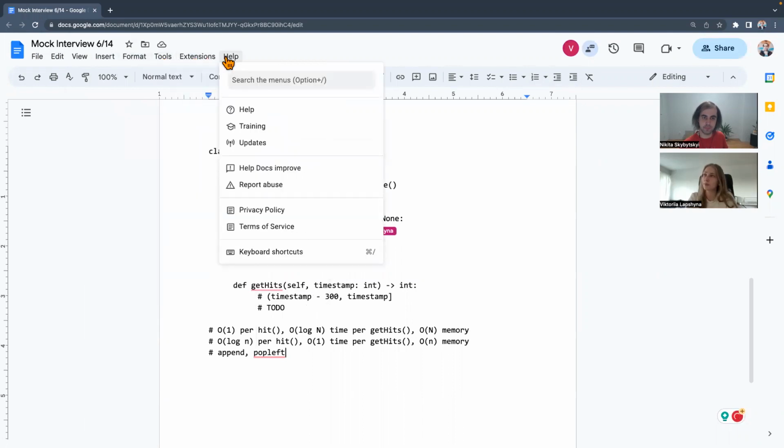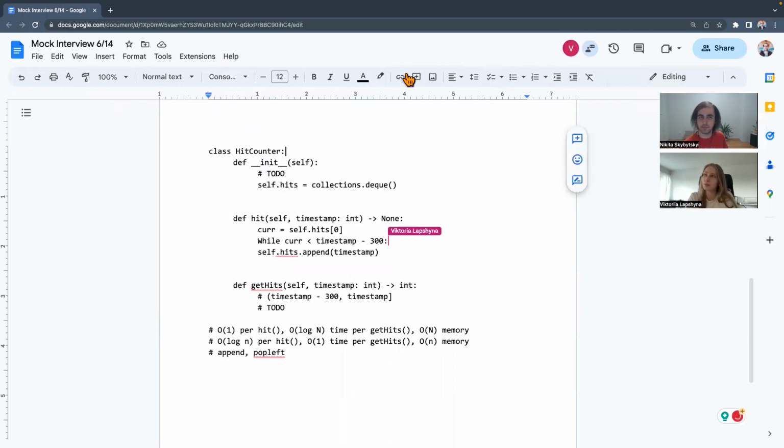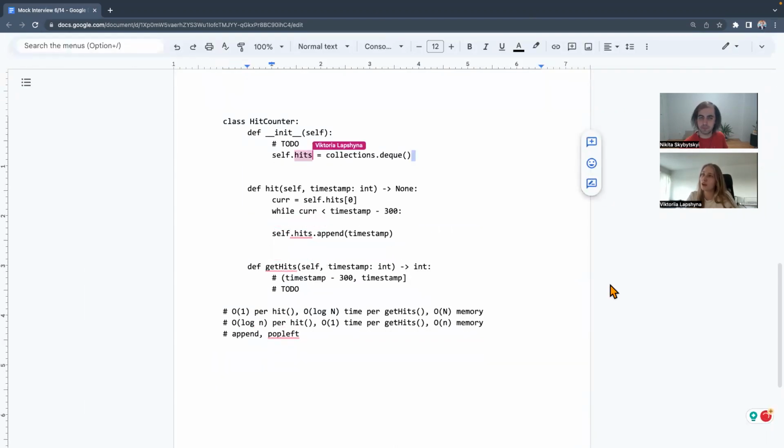Okay. So what I'm doing, I'm checking the first element in our queue. So that's how I'm accessing it. And then I'm doing a while loop that while this element is smaller than timestamp minus 300, so timestamp minus 5 minutes, we just remove it.